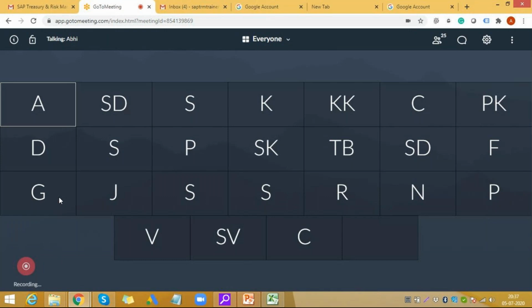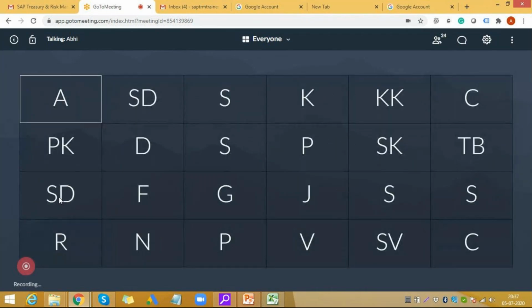When we start, we'll show you a couple of PowerPoint slides where we mention where it is used, what the use of that is, how you can use it, and what the business scenario is. Then we come into the system and show you the configurations. There are different ways I have delivered trainings in the past. Some people prefer me taking the configuration first and then the product, but what I generally prefer is to first show the end user part so people become clear what is to be expected in the configurations.